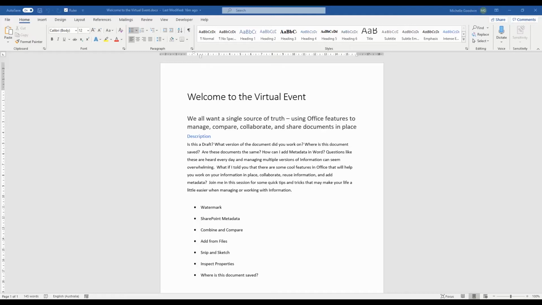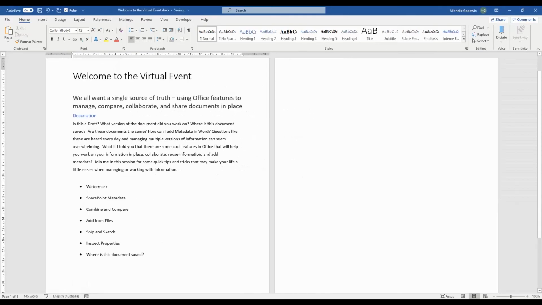If you have a document that's already got some tables and things in it, you want to pull those tables in and put them in your existing document, this is a fantastic feature. And the other one that's also really good for is adding slides to a PowerPoint deck. Now that is the one that I've used quite a bit, and I will open a PowerPoint slide and show you that one shortly. But in Word, for instance, if I just come down to the end of my document,